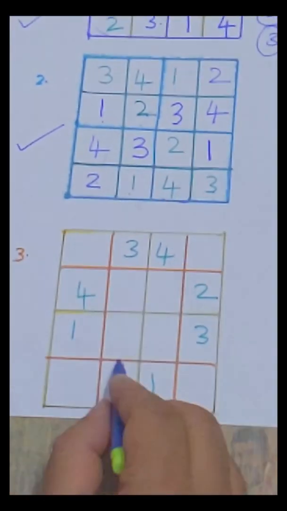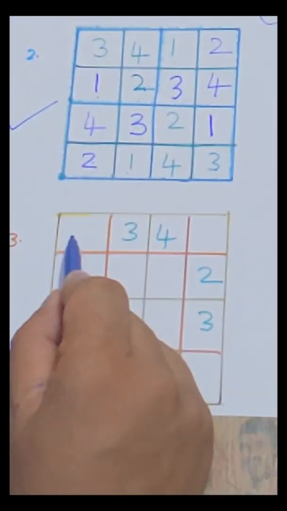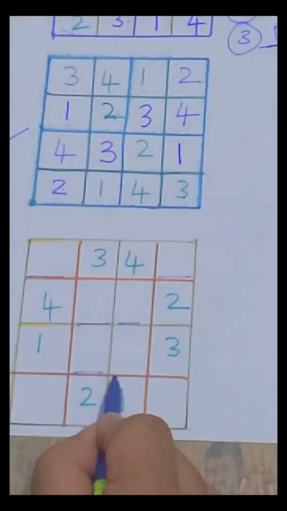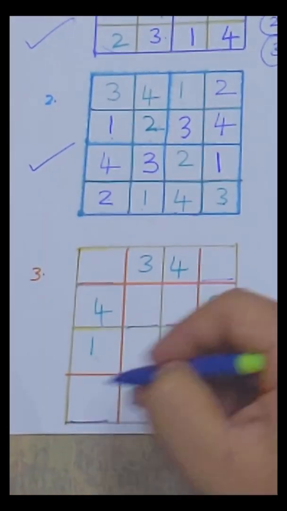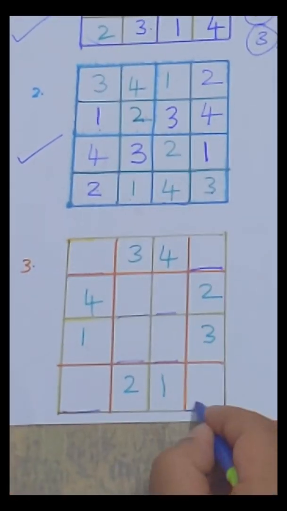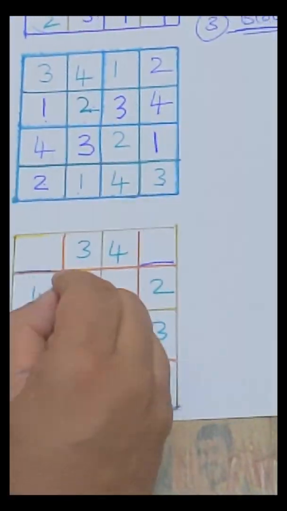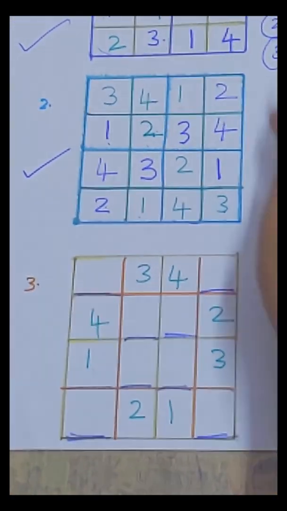This is a little tricky. I cannot use the row rule directly, because this is empty, this is empty. 2 cells are empty in each row. Can I solve using the column rule? Again, 2 cells are empty in each column. You can see that, correct? So can we do it with another rule, the block rule? Yes, we can. Or you can solve this in a different way. Let's see one way.